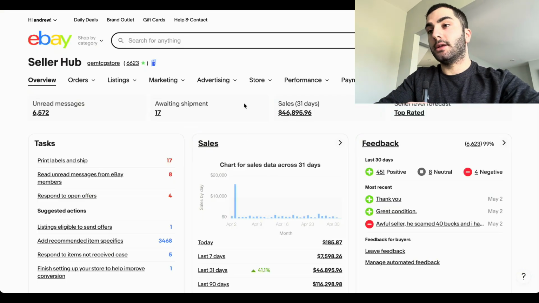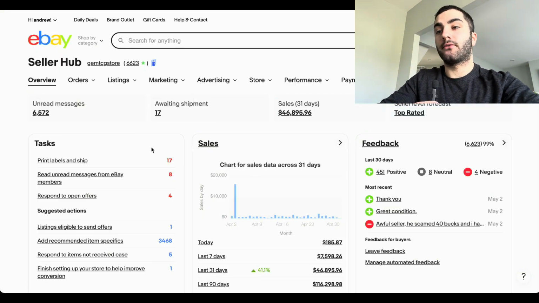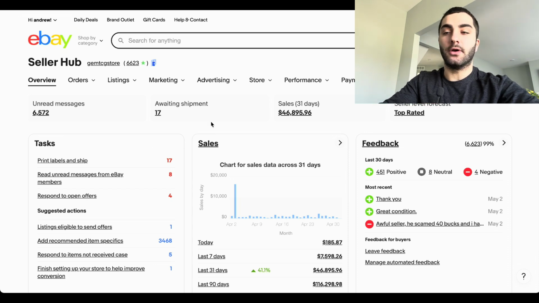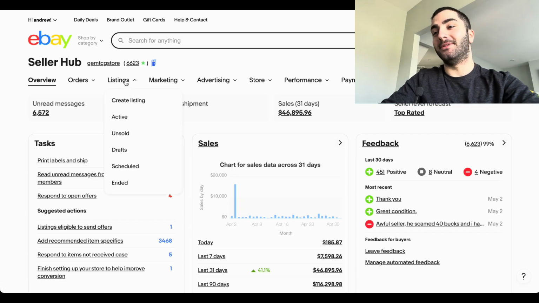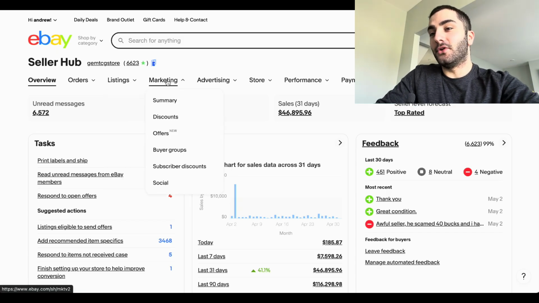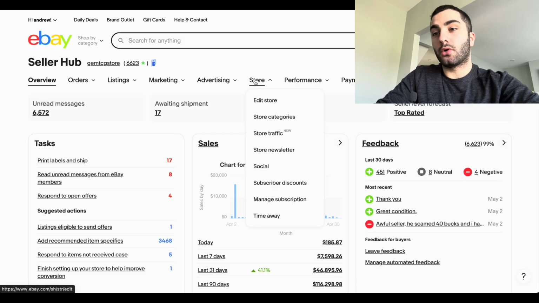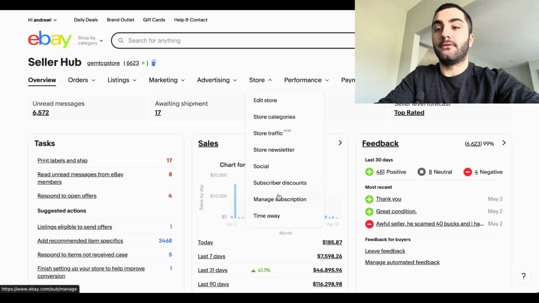So when you go to the eBay seller dashboard, when you have a storefront, this is what it looks like. I know if you don't have a store, it's a little bit different. So having a store just makes it a lot better. And ignore this bad feedback. But if you go to the store section right here, first of all, if you don't have it, you can